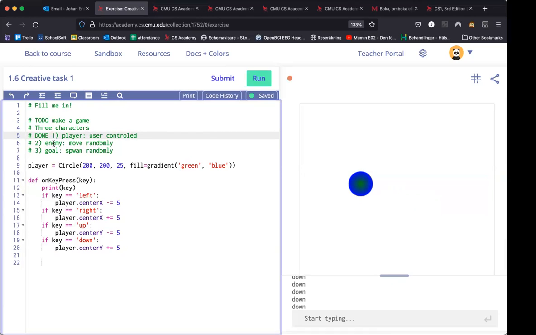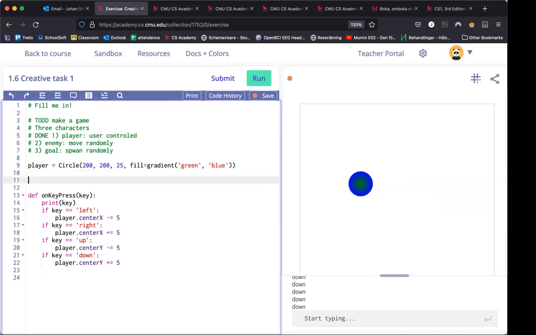Now I'm going to work on an enemy. I'm feeling a square for the enemy. I think that's going to be pretty good. And so here we're going to follow the same kind of procedure that we had before. We're going to make a variable called enemy. And here it's actually going to be a rectangle. The rectangle should have,